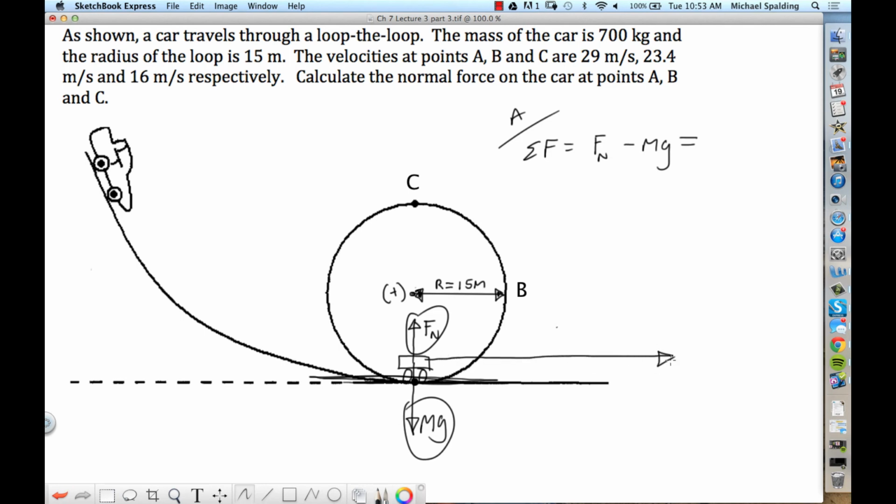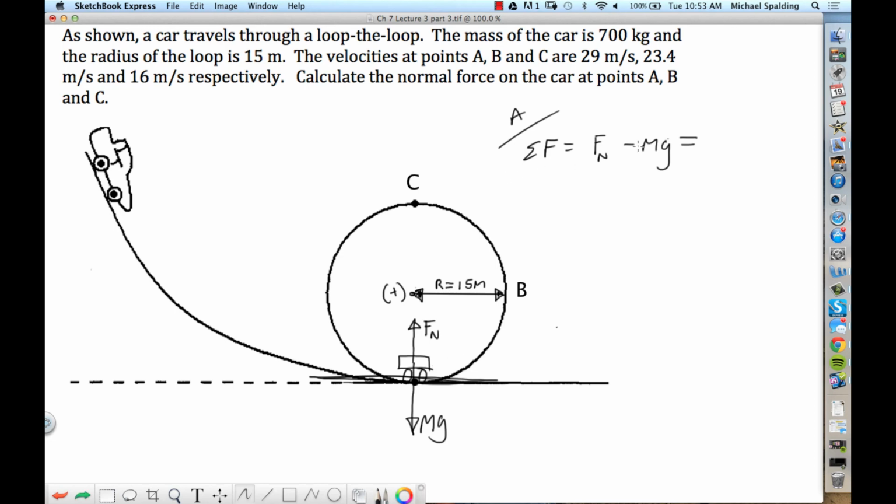Go in a straight line like that. If the normal force and mg canceled, it'd be going in a straight line. What's the car going to do? A split second after point A, it's going where? Up. So which force has to be bigger? The normal force. The normal force has to be bigger than mg because it's going to travel upward in the